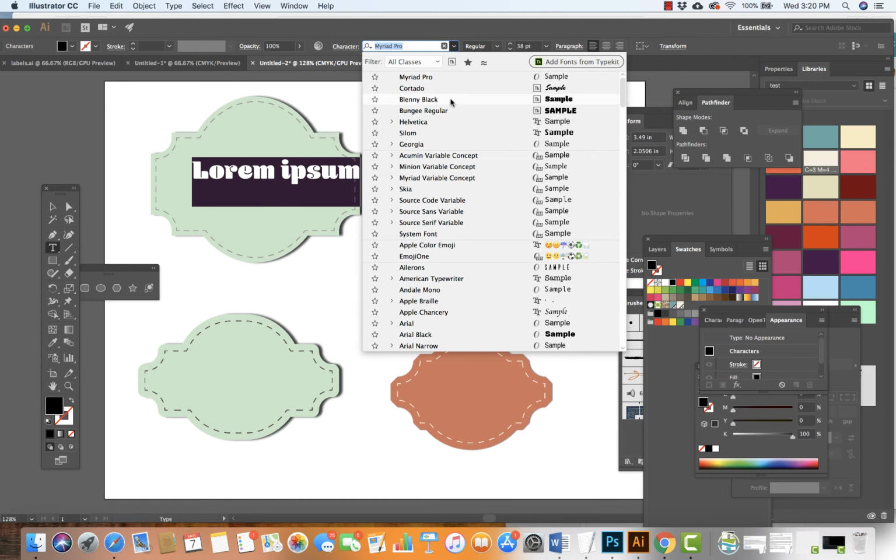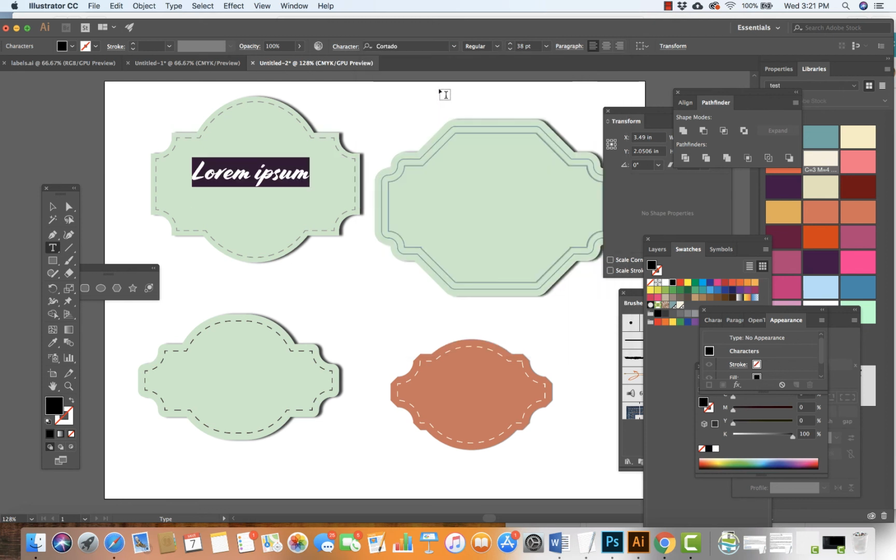I'm going to go for Blenny. Let's go for Bungee Regular. And Cortado is one that I like. Both Cortado, Blenny Black, and Bungee Regular are from the Typekit. And a lot of these other ones are from other areas as well. Okay, so I'm going to come on in. I'm going to go for Cortado. Why not? And I'm going to add my type,